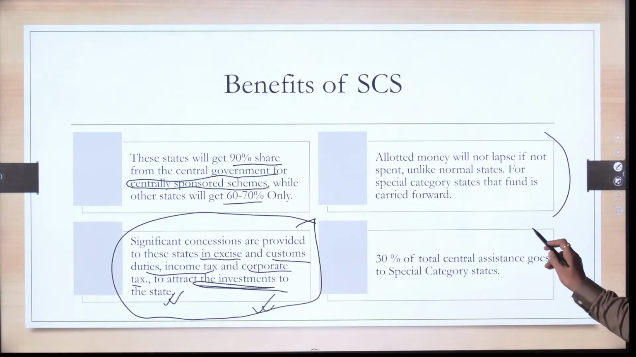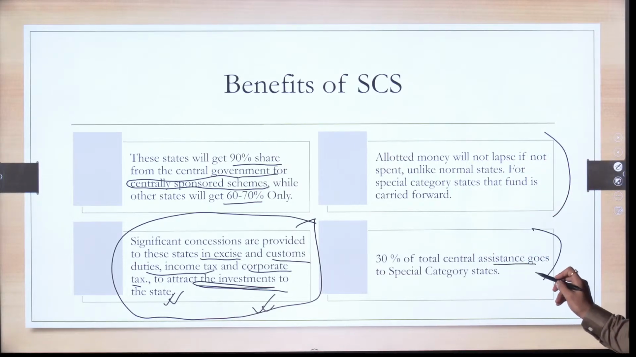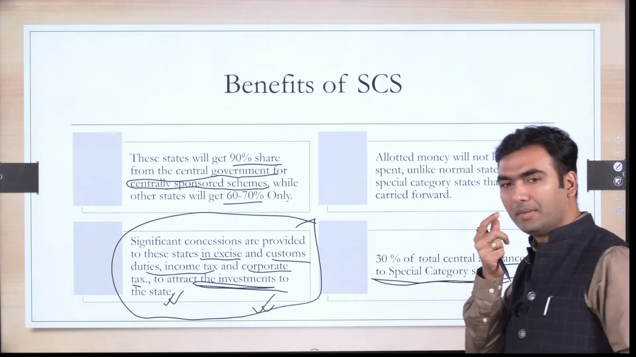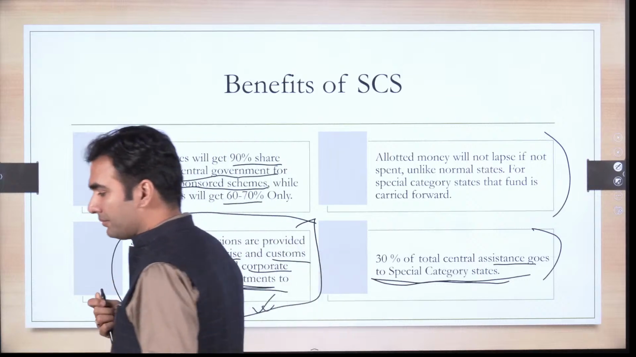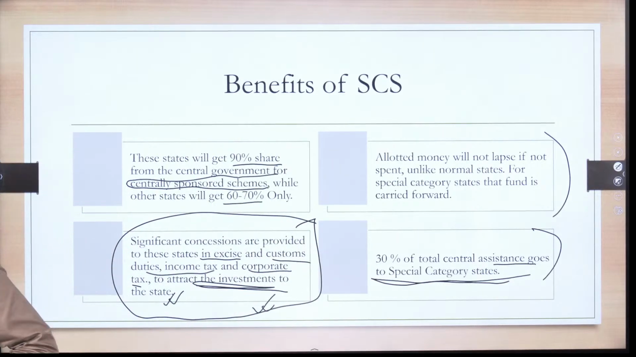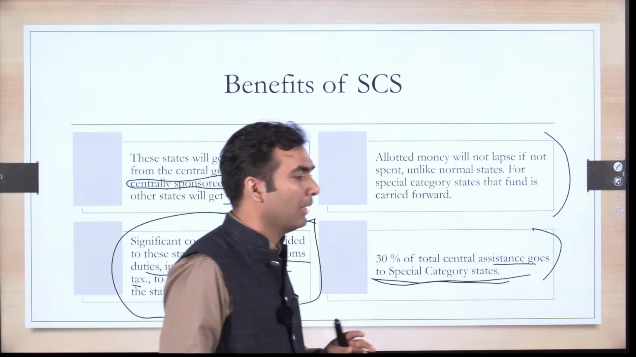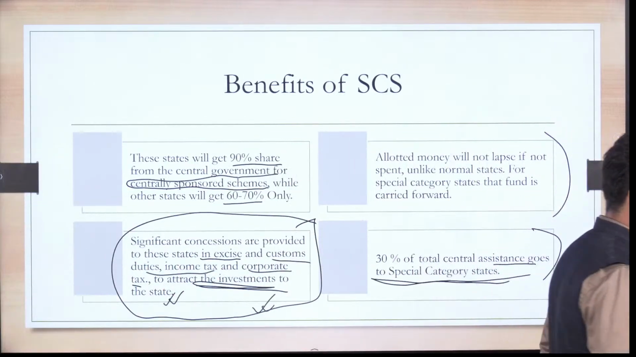Then it was the case that 30% of total central assistance goes to special category states. Okay. Now, if we look at this from a critical perspective,